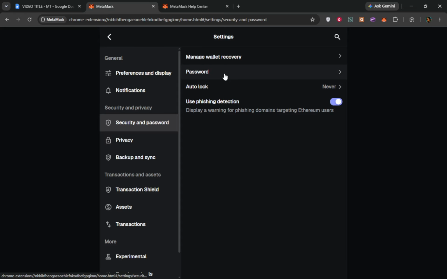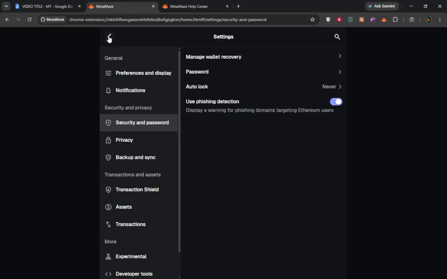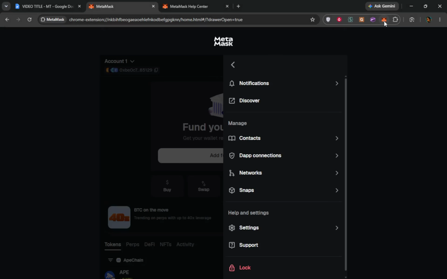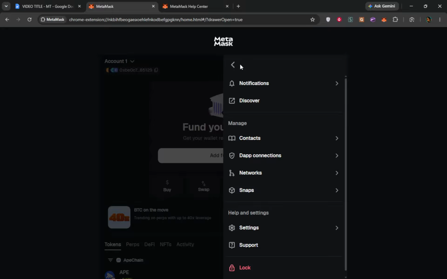Once you've securely backed up your current seed phrase, the next step is to remove MetaMask from your device. You can do this by uninstalling the MetaMask browser extension or deleting the mobile app from your device. This is necessary to ensure that you start with a clean slate for the new installation. It might seem like a hassle, but taking this extra step helps clear any potential issues with your previous setup.